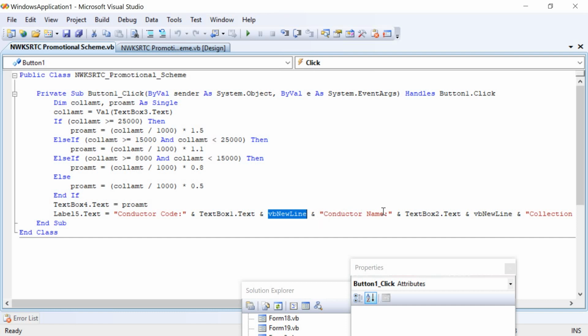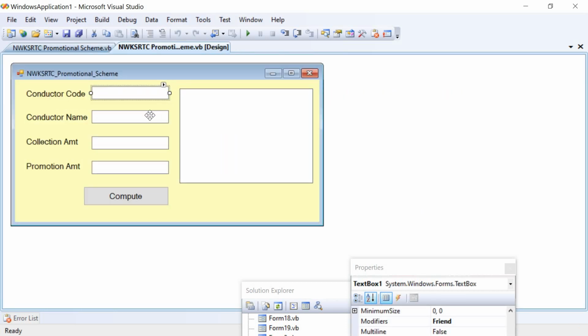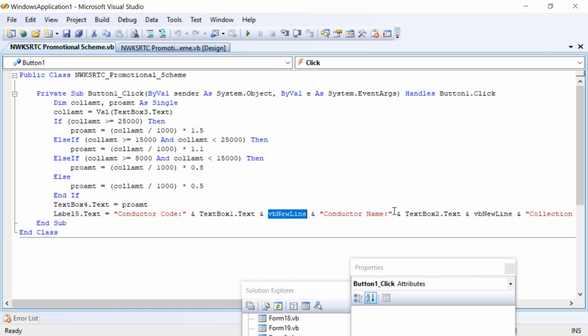In double quotes we have a caption or label, that is conductor name. Again ampersand. In TextBox2, as per the design, we enter the name of the conductor. Then again ampersand TextBox2.Text ampersand vbNewLine.